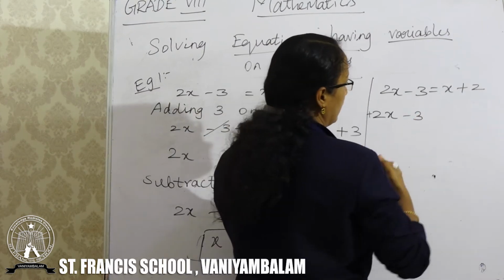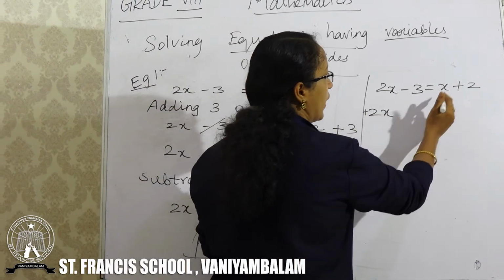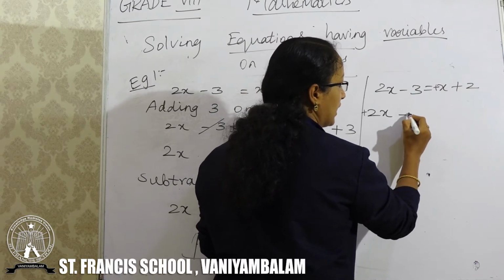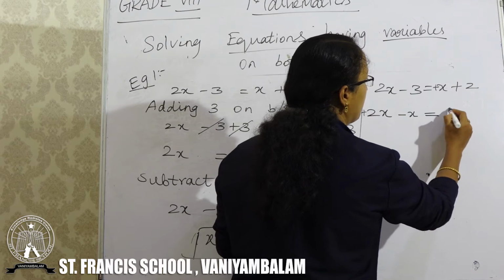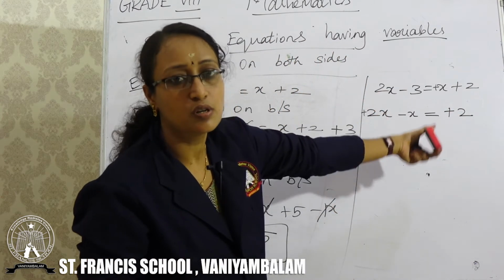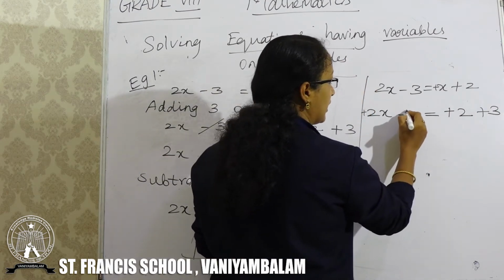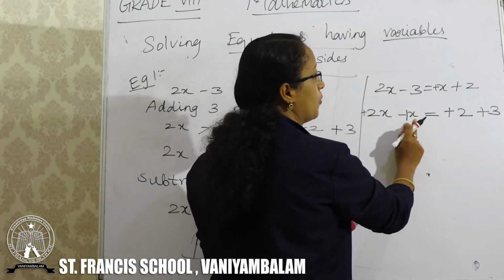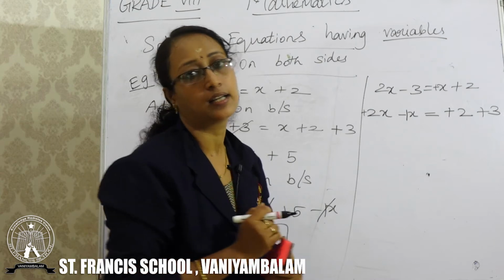So you can take the variables to the left hand side. The symbol for x is plus, so when it comes to the left hand side, you will get minus x. Is equal to plus 2, and you have minus 3 on the left hand side. When it goes to the right hand side, you will get plus 3. So plus 2x minus 1x. If the symbols are different, subtract and put the greater number's symbol.